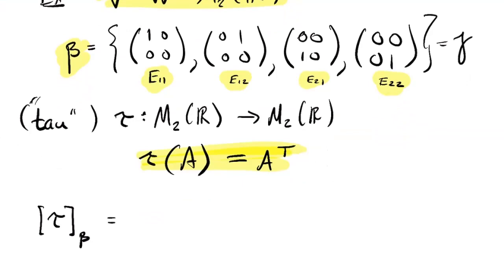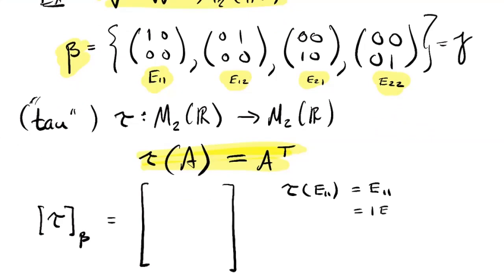That matrix should be 4 by 4. And to compute its entries, well, we need to take, say, tau of the first basis vector. So transposing E11, you get itself. So when you write that as a linear combination, that's 1 E11, no E12s, no E21s, no E22s. Sorry, that's squeezed in there. So the coordinate is